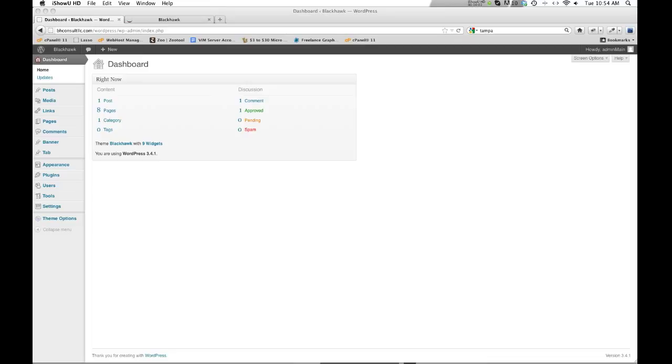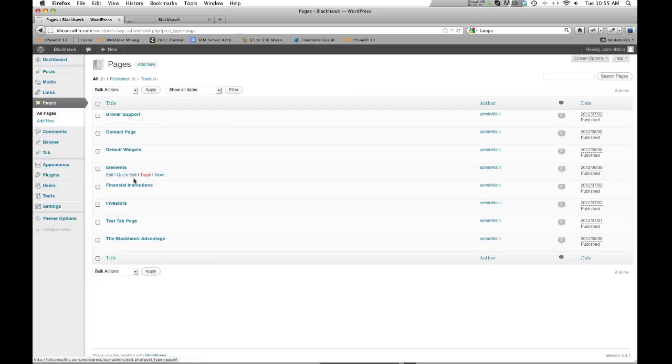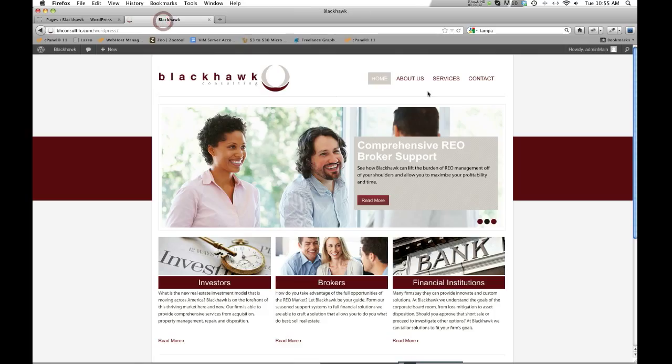All right, in this tutorial we're going to go over pages, creating new pages. If I click the pages section, I'm going to have any existing pages that have been created up to this point, as well as the ability to edit those or create a new one. So let me see if I can find one. Let's do the About Us